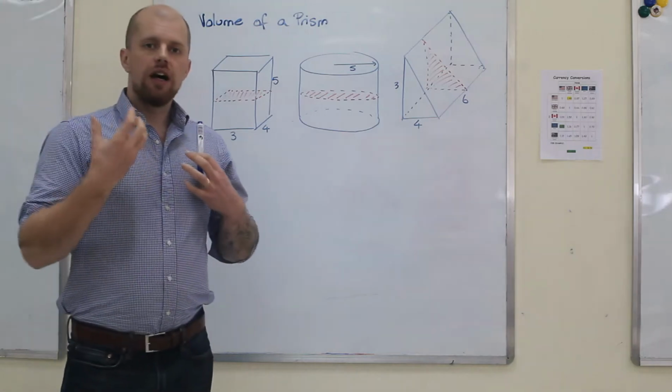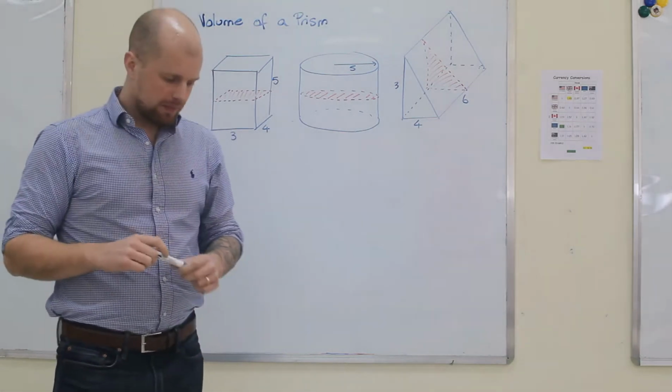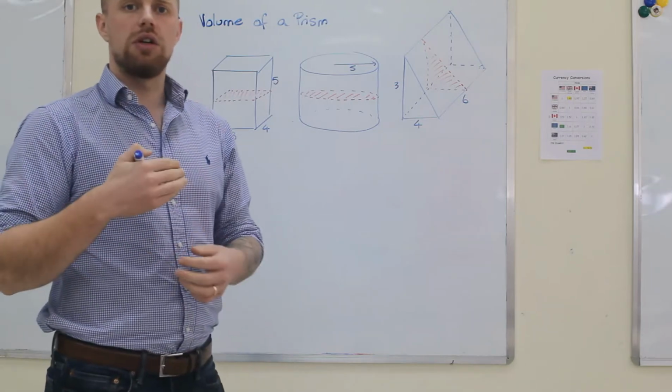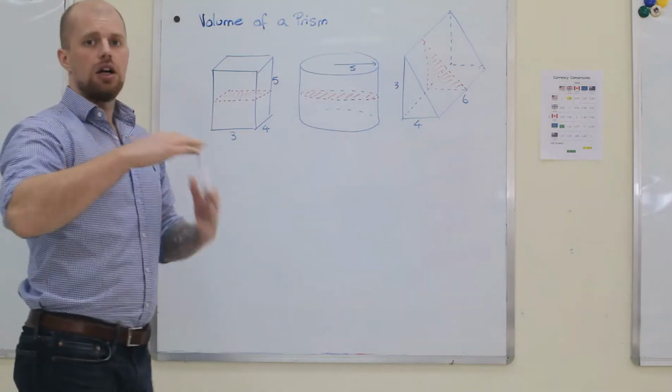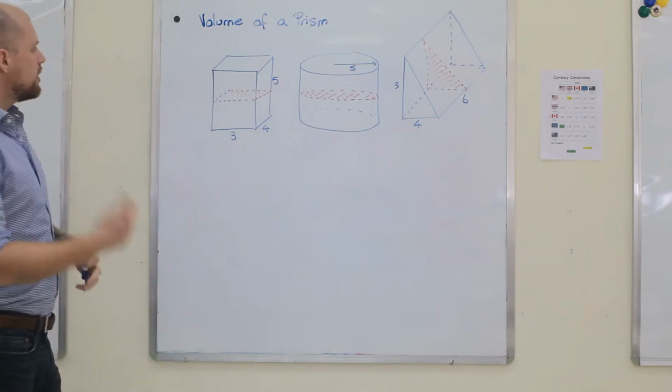In this video, we are going to be looking at how to calculate the volume of a prism. Now, a prism is a shape that has the same cross-section throughout. And a cross-section is basically when you take a slice of the shape. So you can see I have three prisms on the board here, and we know they're prisms because if you